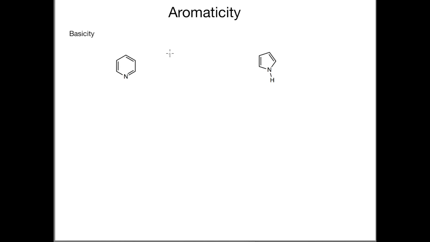Now, back to my point, this also has an important role when we talk about the basicity of certain nitrogens. So which nitrogen of these two compounds, pyridine and pyrrole, is more basic? We can solve this problem by looking at where those lone pairs reside. And we already know the answer. We know that the nitrogen here has an sp2 orbital that is holding the lone pair.